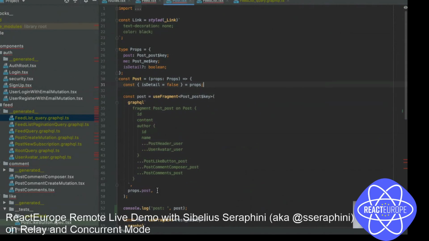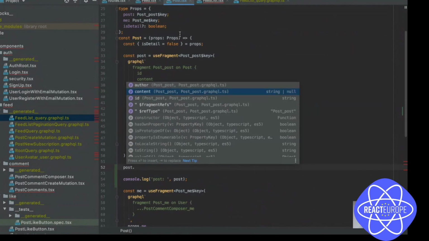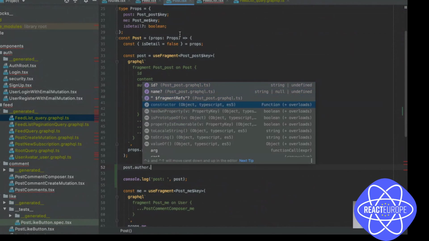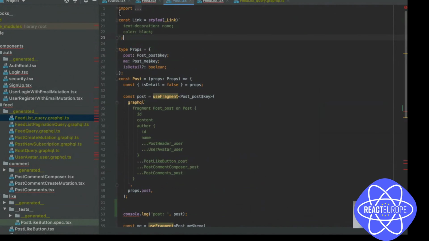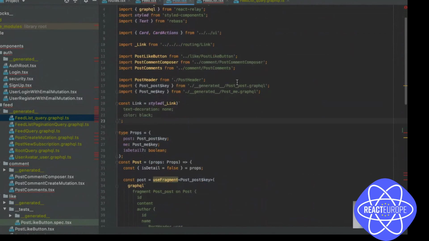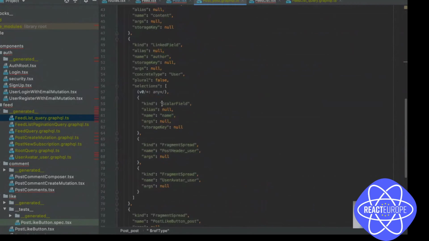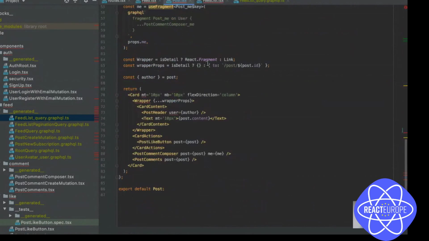So when you have something like this, post dot, we have all this author dot name. TypeScript just helps here to make sure, since author could be nullable, that you use optional chaining here. So support for TypeScript is really great. I think Alloy started it and it's awesome. So you have the fragment here, and it's going to read the fragment. I think that's it.